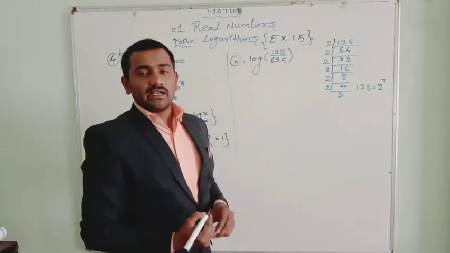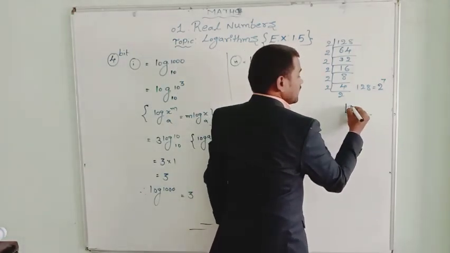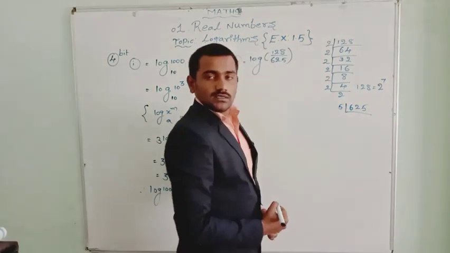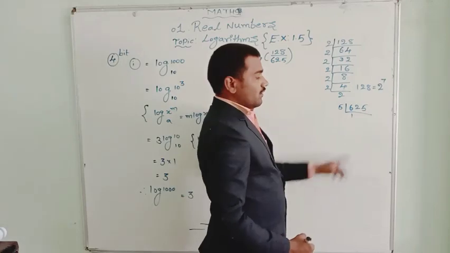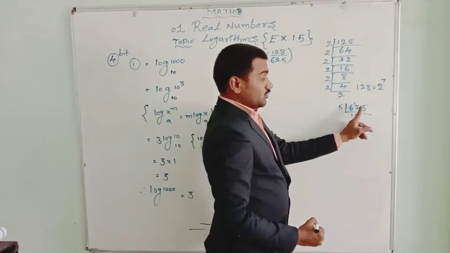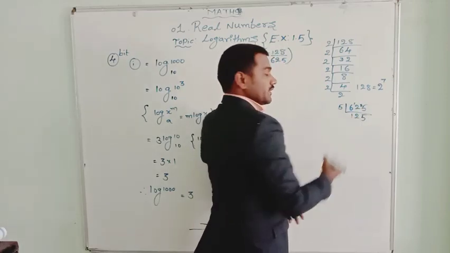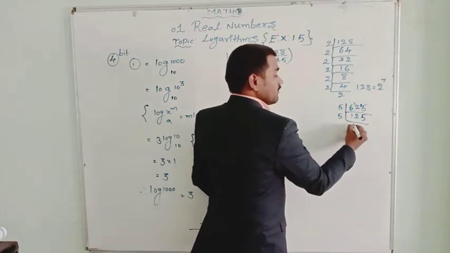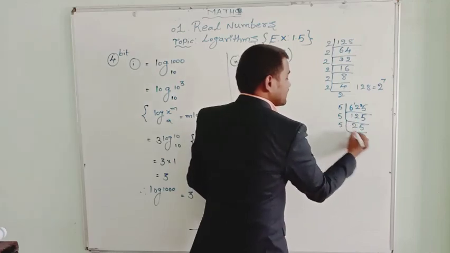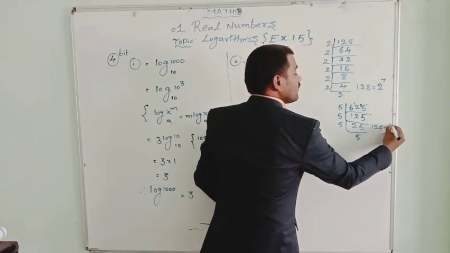Similarly, let's go for 625. As we know, how can we write 625? It is possible only with the 5 table. Let's go for the 5 table once. 5 ones are 5, 1 left here, it becomes 12 now. 5 twos are 10 and 2 left, it becomes 25 now. So 5 5s are 25. Hence again we go for 5 again. 5 twos are 10, 5 5s are 25, then again 5 5s are 25. And here 625 we can write as 5 to the power of 4.